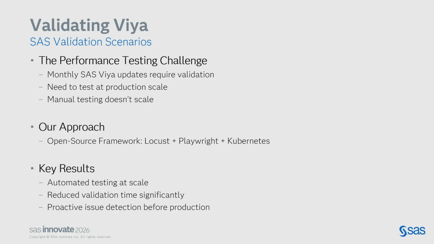And also it has to be done across the board. If it's a big team, it's a pain because the level of knowledge of each individual is quite different, and the way they interpret the results is different. So we need to have a standardized test for it. And most importantly, we also need to catch the performance regression before it reaches production, to reduce the risk and increase the confidence in every monthly release.